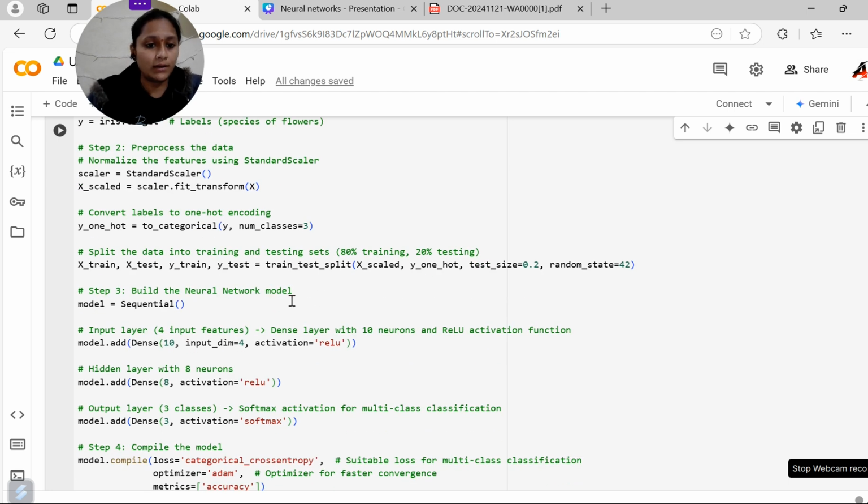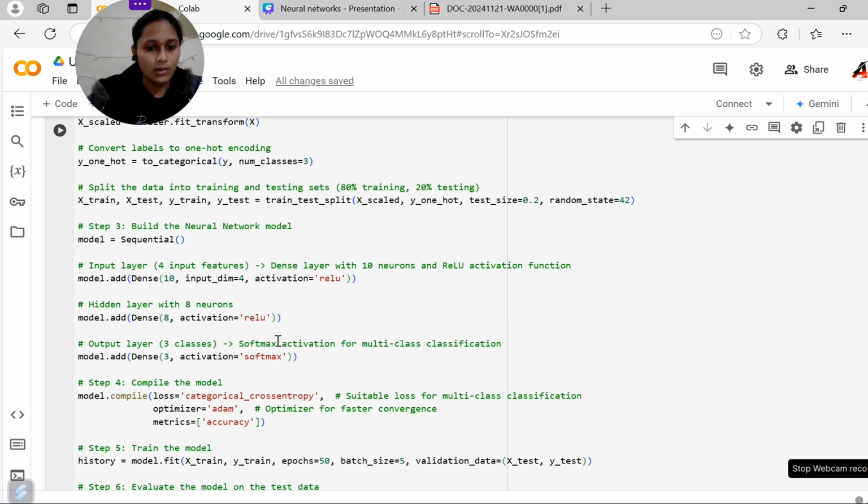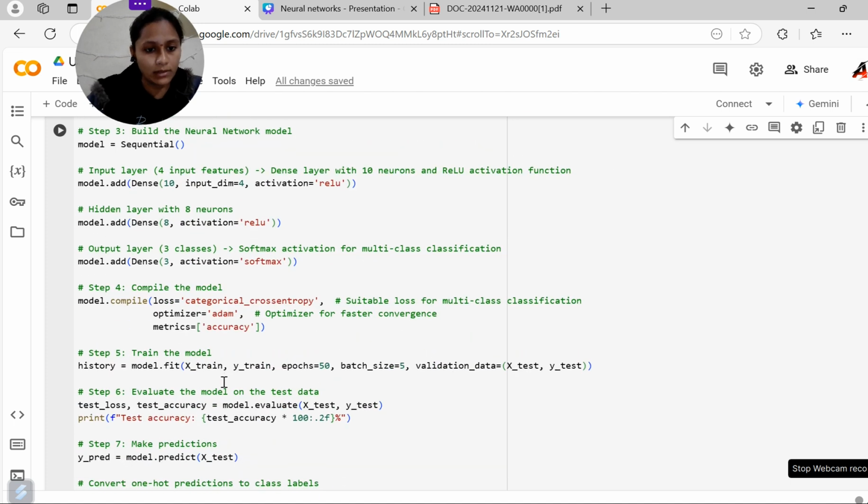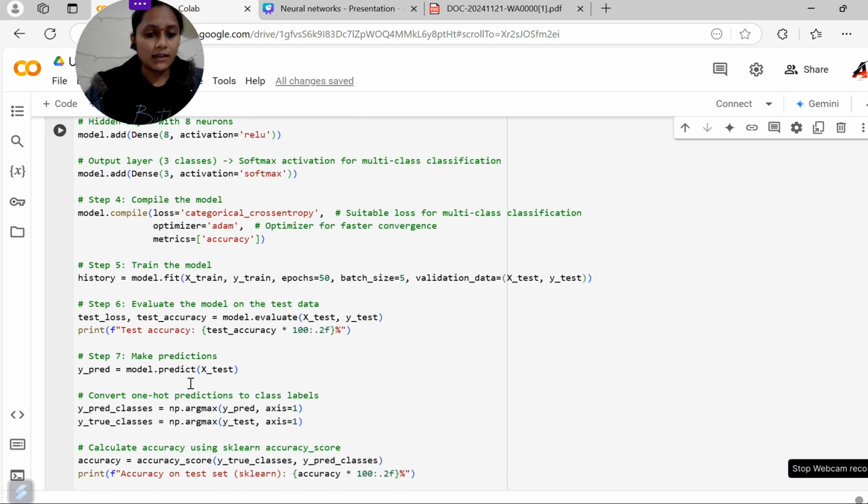Then we will build a neural network model by using the Sequential function and then store the result in the model variable. And then we will perform different processes to create an input layer, hidden layer, and output layer by using the add function. And then we will compile the model by using the compile method. And at last we will move to the next process, that is, train the model by using the model.fit function. And then we will evaluate the model on the test data by using the model.evaluate function, and then we will store the result in the test_accuracy and test_loss